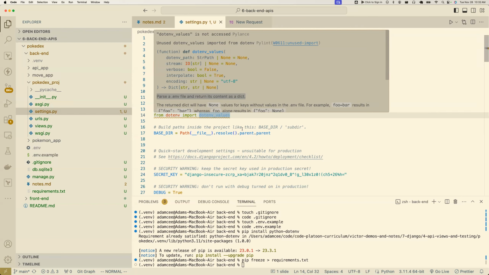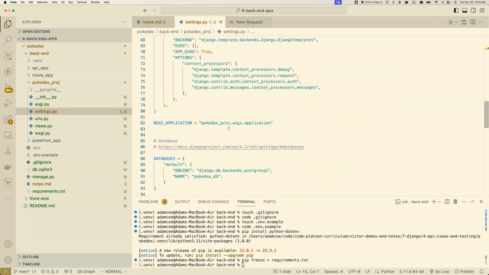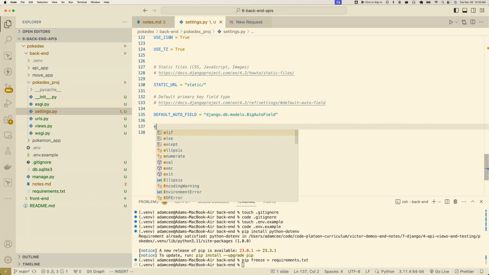That is super useful to get a nice dictionary of our environment variables. And I'm going to go ahead and add it to the end. For stuff that we're adding like this in settings.py, I would either do it at the very beginning or the very end. Maybe the end is a little better because if it breaks, it breaks last, but honestly, it doesn't make a difference. It's really personal preference. And what we're going to do is create a variable named env,